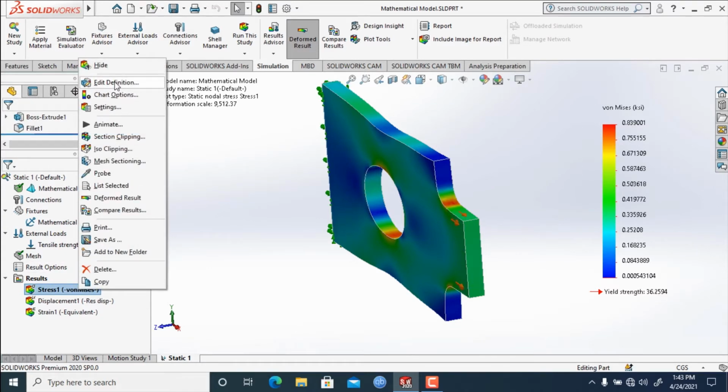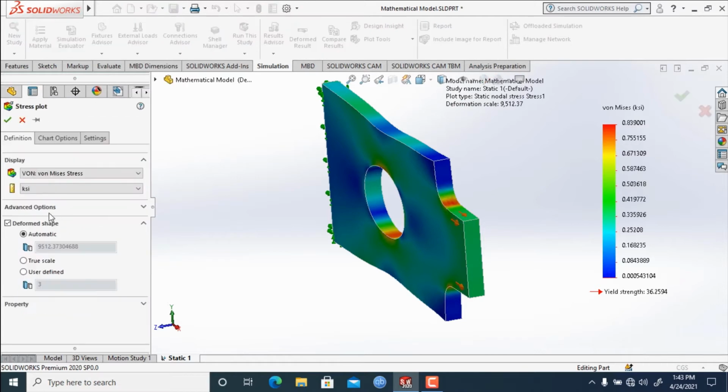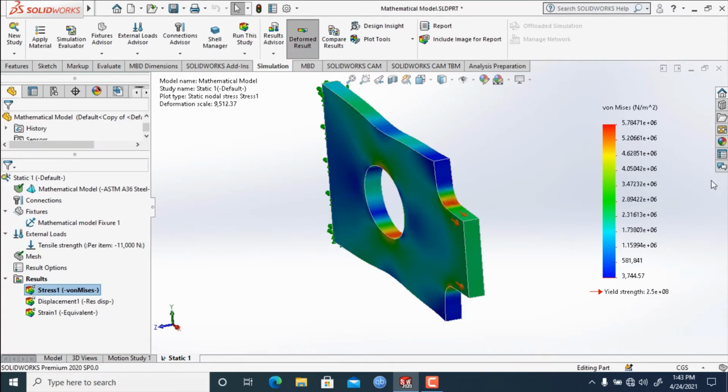Let's again go to edit definition. We will keep it on Newton per meter square. Let's click OK. This is how we can change the unit of the yield strength and the maximum stress.